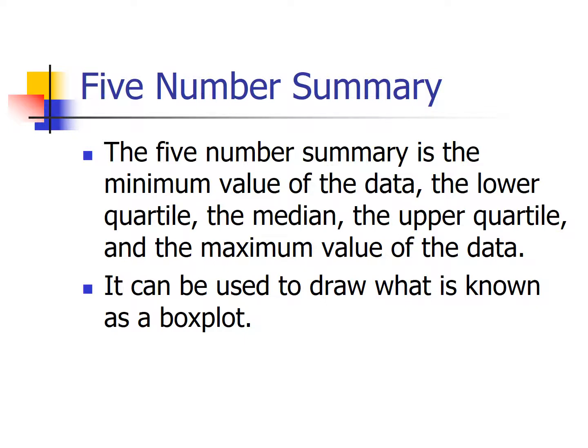The 5-number summary is: 1, the minimum value; 2, the lower quartile; 3, the median; 4, the upper quartile; 5, the maximum value. So the 5-number summary essentially breaks your data set into quarters. It quarters your data set. That's where the word quartile comes from. These 5 numbers are a nice way of describing a particular data set, and in particular, they could be visually combined to create something called a box plot, also sometimes called a box and whisker plot. So let's take a look at a few slides to see what that is.